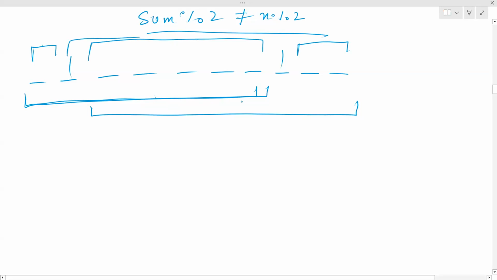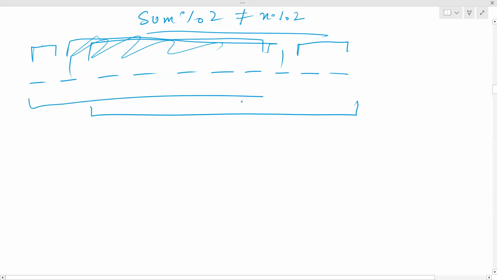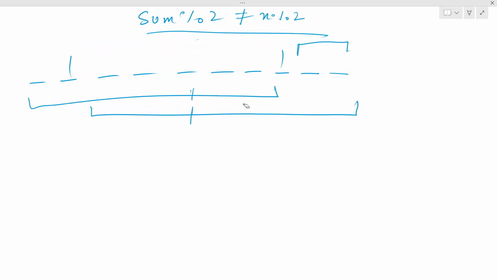And if you're thinking why not take this part, again, this complete part is in this subarray. Eventually only the biggest subarray matters, the maximum. From these two also I'll take the maximum only. So let's say these are the two subarrays. The parity of these two subarrays will be the same as